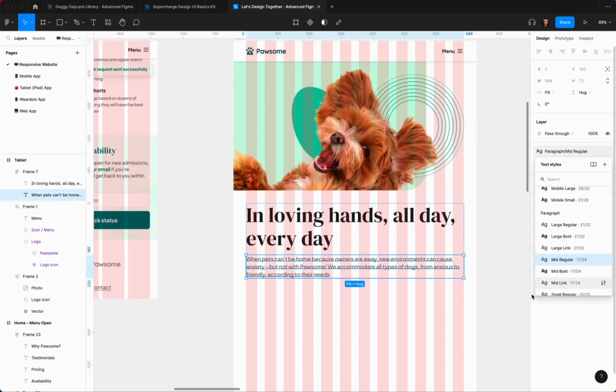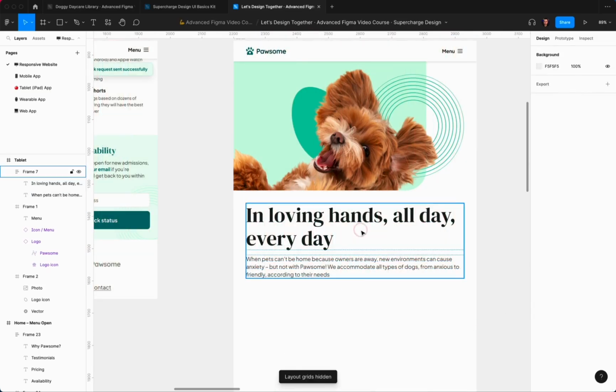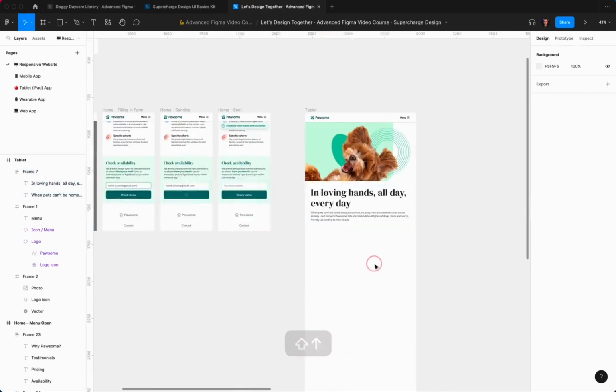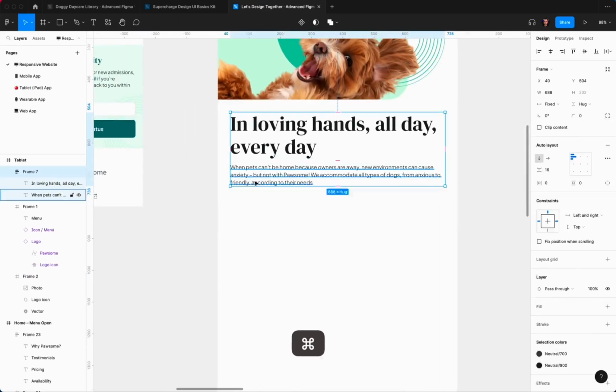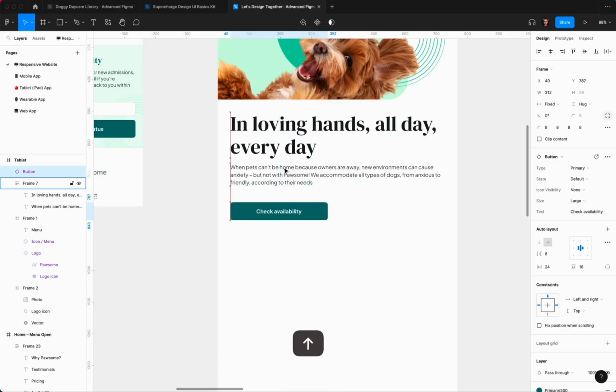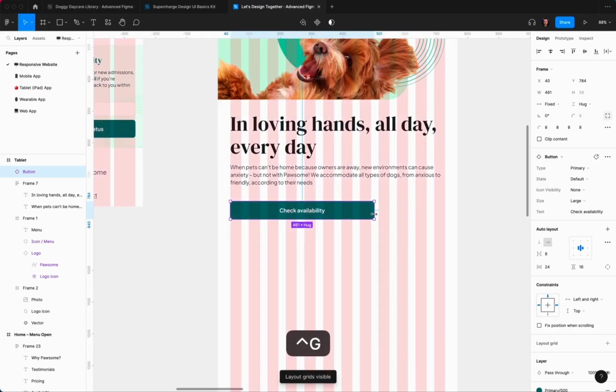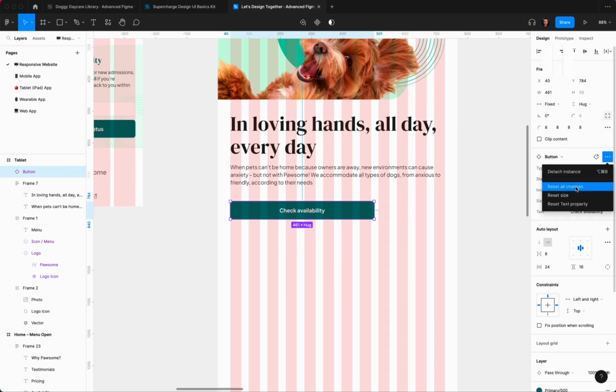Now, one of the things when it comes to typography, and a lot of the courses even get it wrong, and especially like some of the design systems people have been building and kind of selling around, is that they would use like heading 1 on desktop, and then they would use heading 2 on a tablet size and heading 3 on the mobile size. No, what you need to do, and talk with your developers and you're going to figure out the actual benefits of doing that, but you need to have heading 1 desktop, heading 1 tablet, heading 1 mobile, because